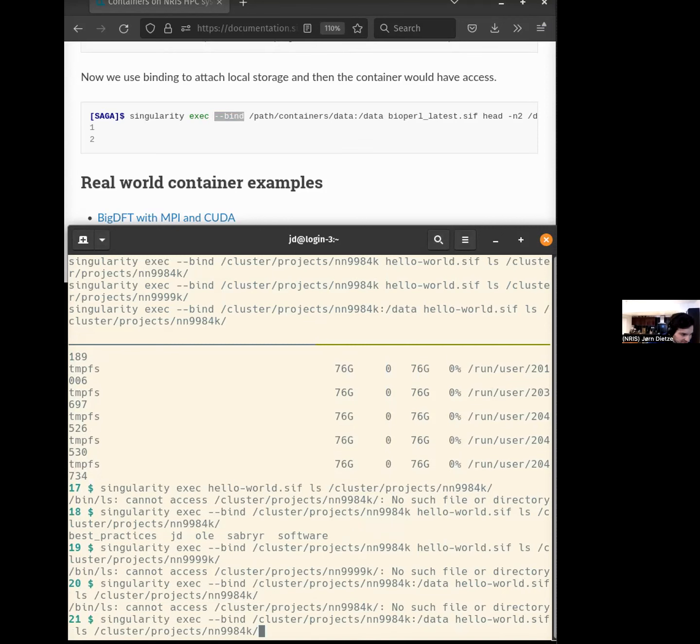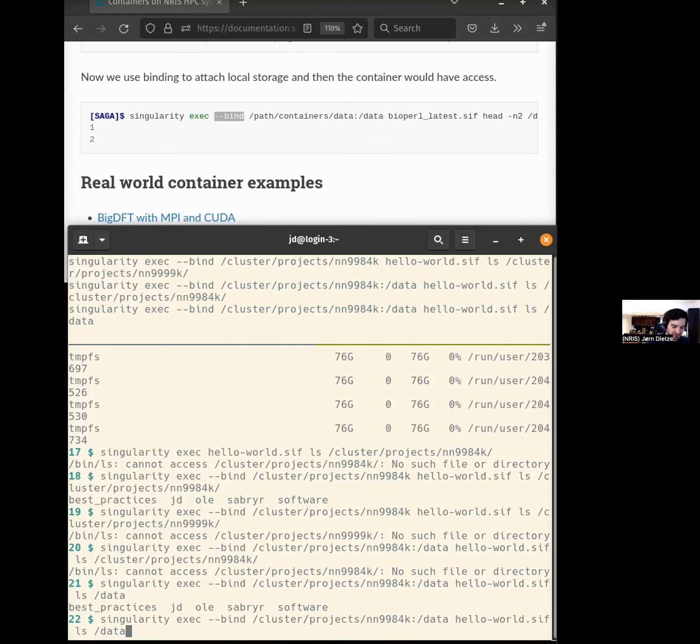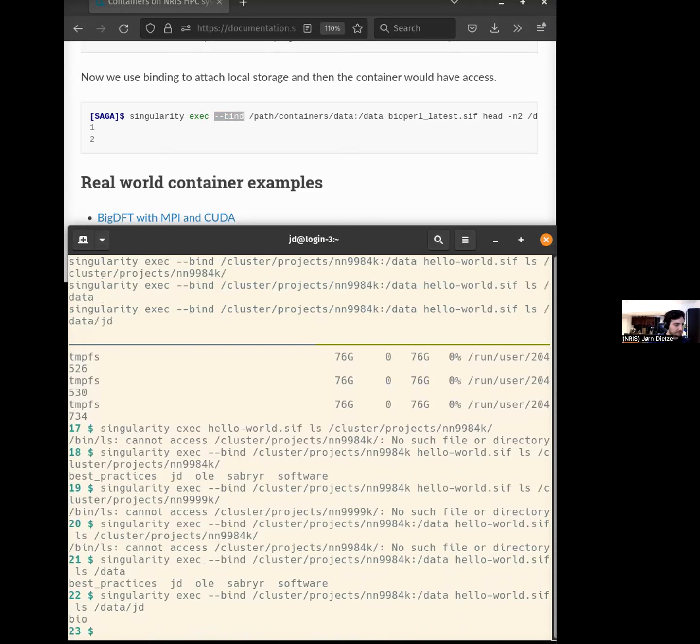But I bound it now. It's a bit long, these file names here, but I bound it as /data. So this one should be available. So let's try. Yeah, and that works. And I think subfolders should also work. For example, this is my Conda environment. So that way, you can either bind it under a different name, or if you remove that last part and only use the front part, it's bound under the same name, and then it's accessible from inside the container.